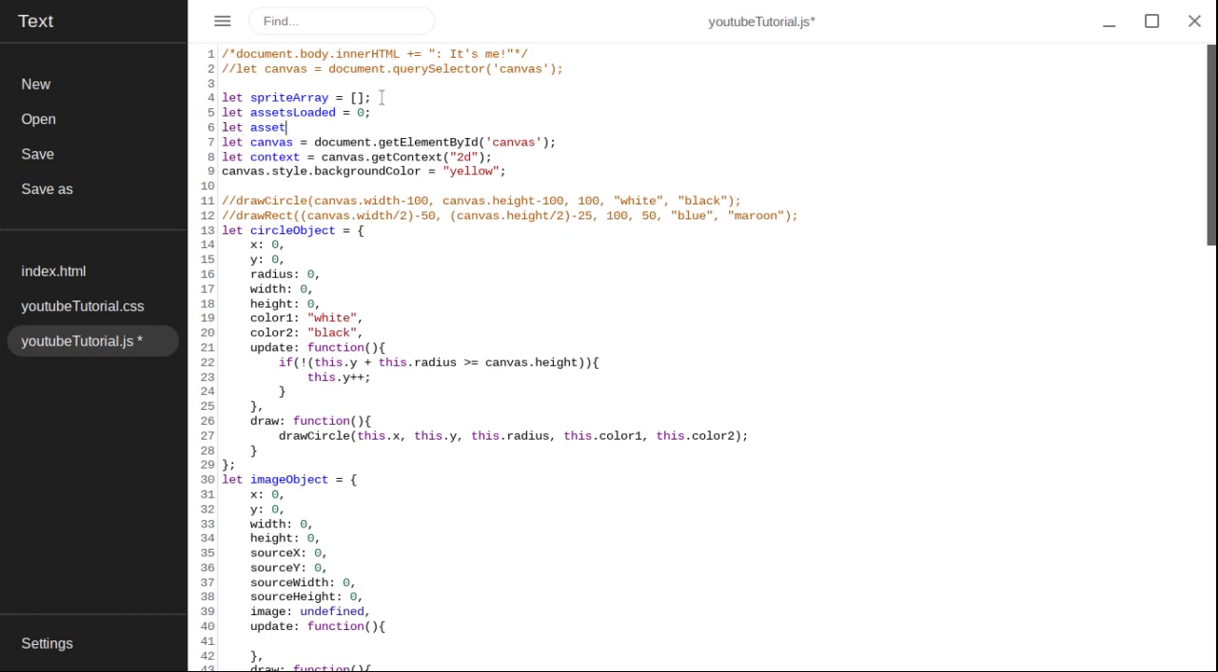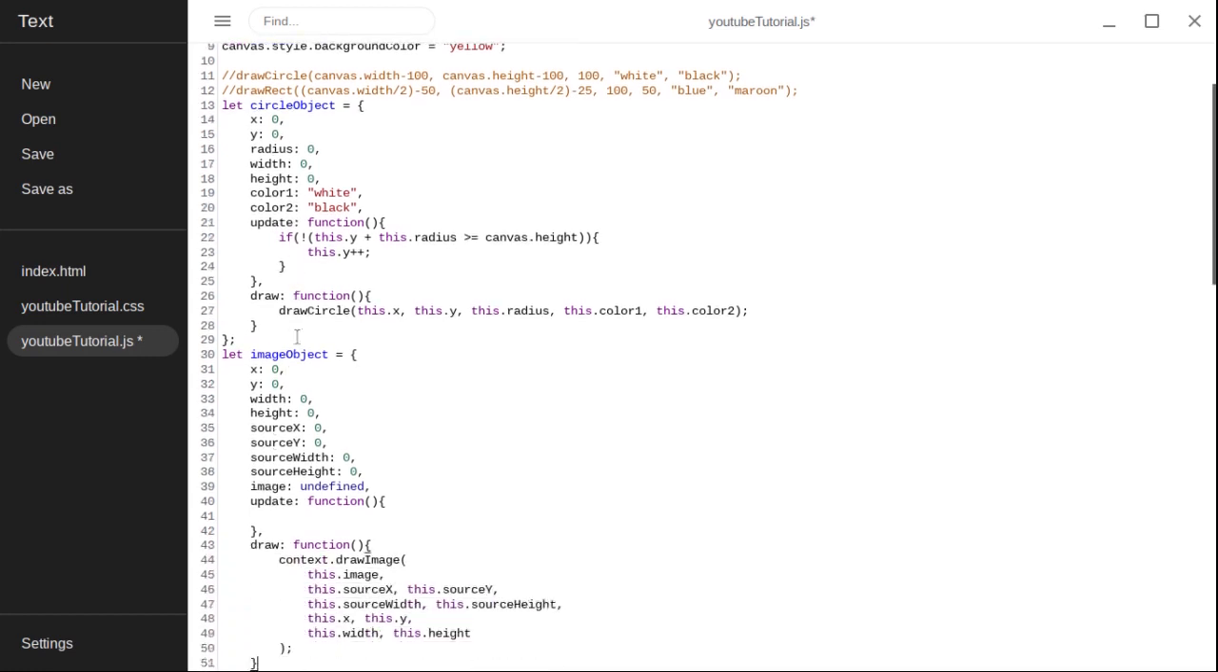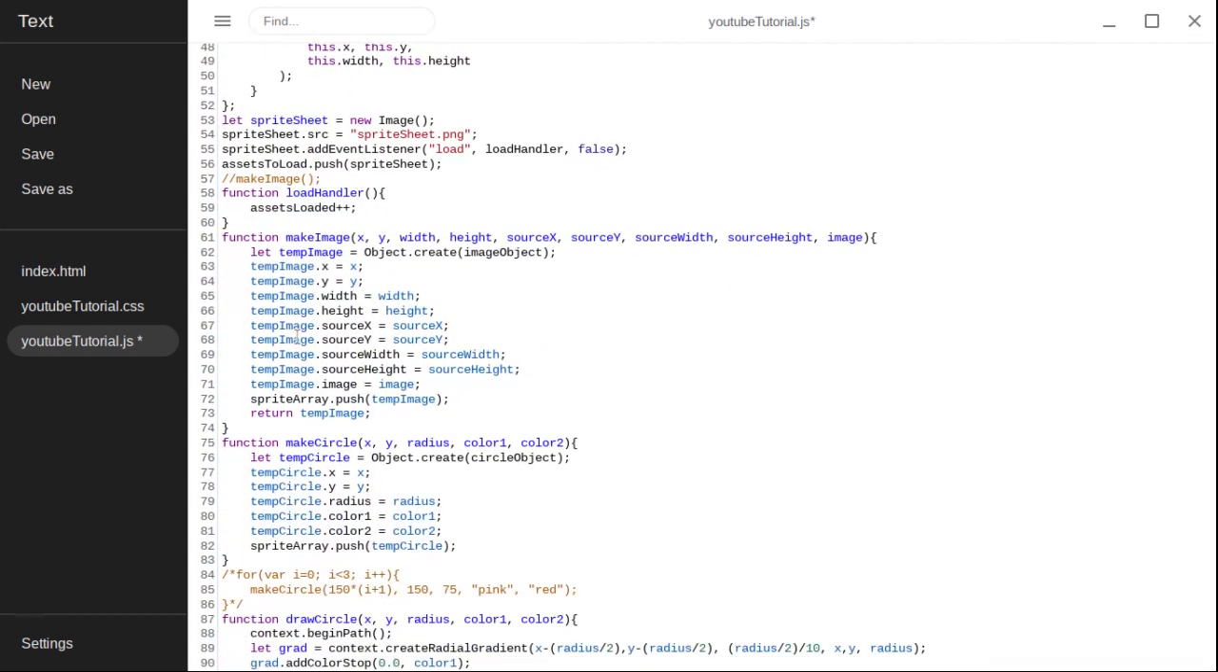Then we need an array to hold all of these images. So you say let assets to load equal an empty array, just like sprite array. So now that we have actually created those, it makes sense down here when we're using them. Apologies for getting that backwards. So in load handler,